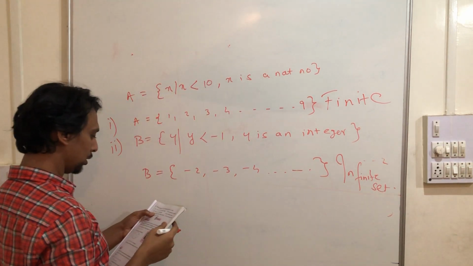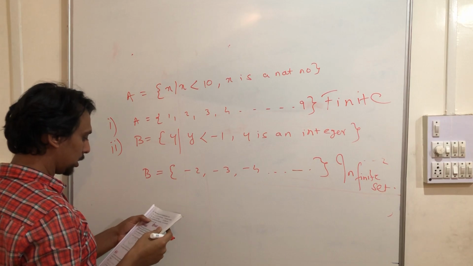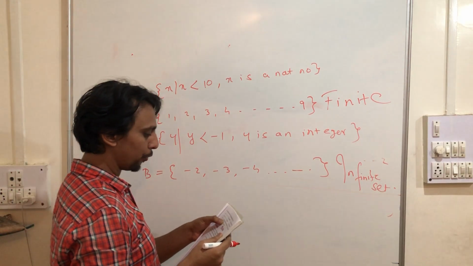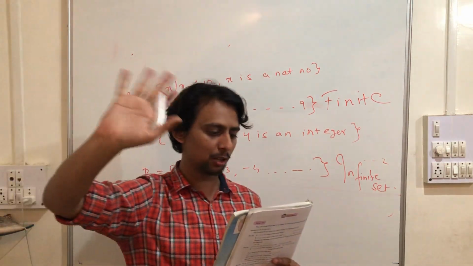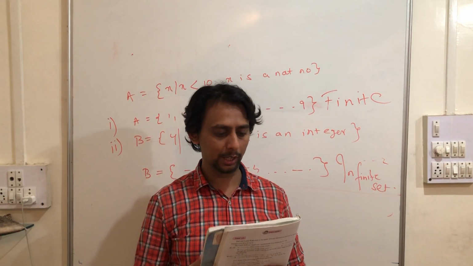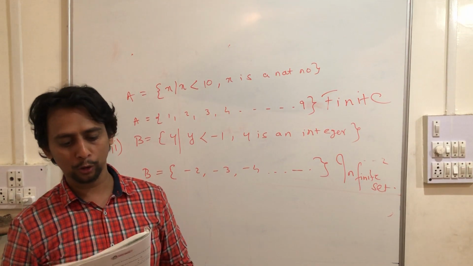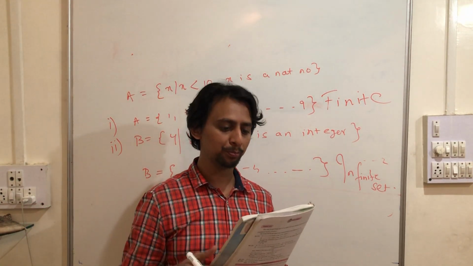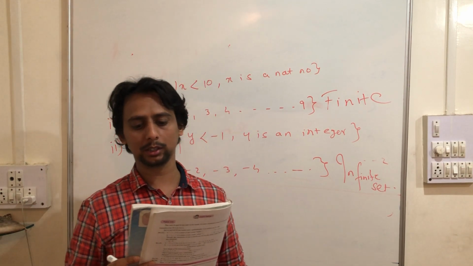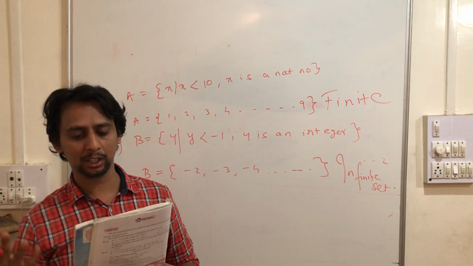Okay? Next. C. Set of students of class 9 from your school. This is finite. There are not infinite children in your school. It's a finite set. Next. Set of people from your village. This is also finite. We can count them. Next. Set of apparatus in laboratory. This is also finite.